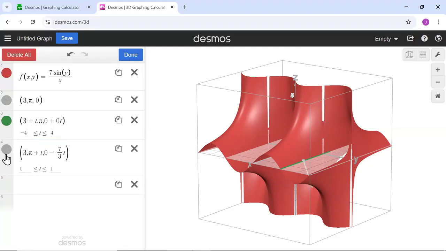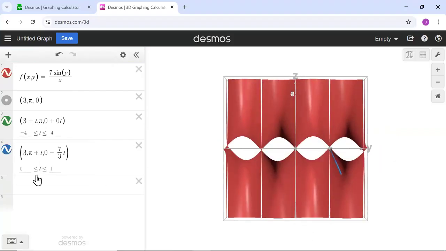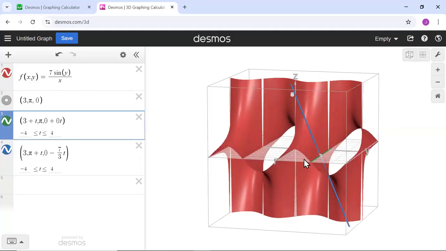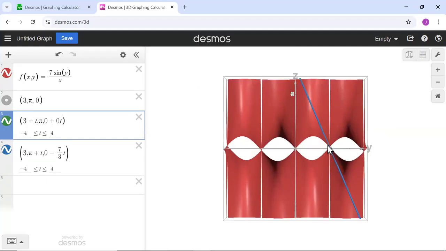Let's change the color on that. Actually, let me go from -4 to +4. Good. So it's hard to see when you look straight on because this is such a complicated surface, but you can see that as you move